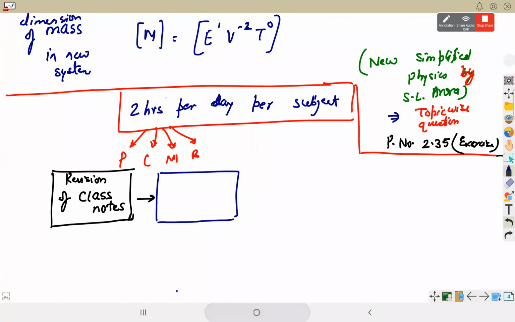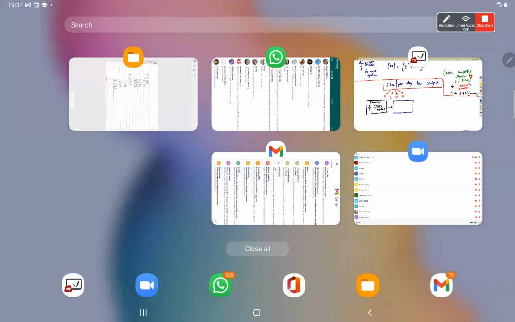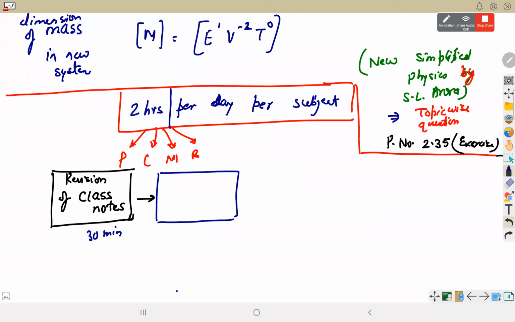So that's why the 2 hours of study every day should be divided into different parts. Revision of that 1.5 hour class will be very easily done in 30 minutes. Then you have to solve all class examples on your own. I'm giving you the basic methodology by which with minimum effort you will get the maximum gain. Solve all class examples, like the last question we did, without seeing the solution again. All the class examples, you have to solve them again.